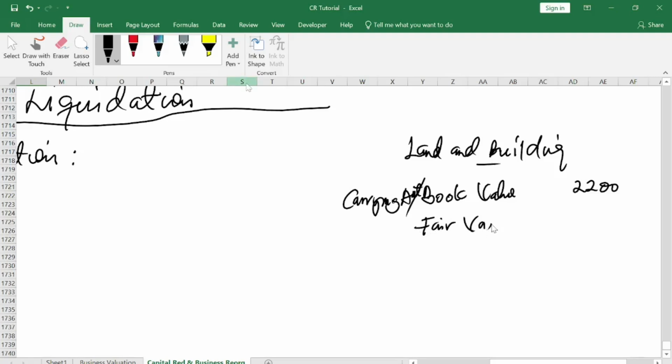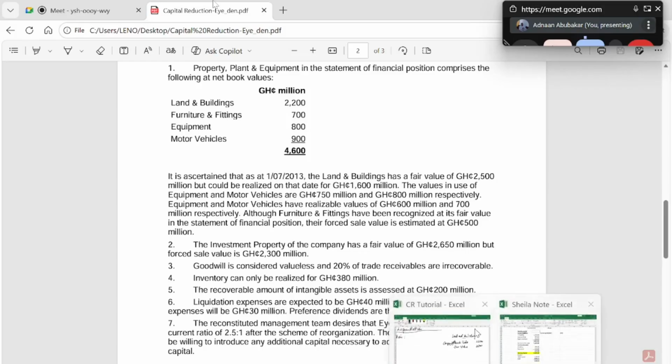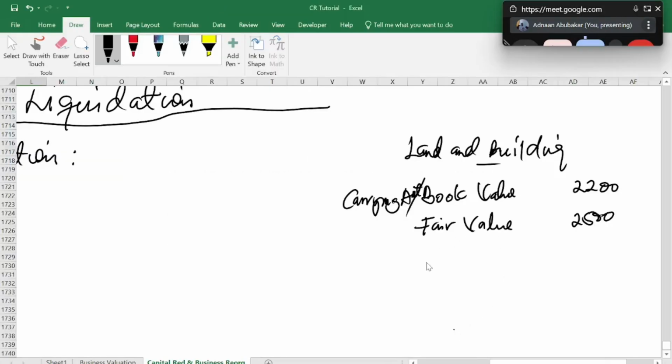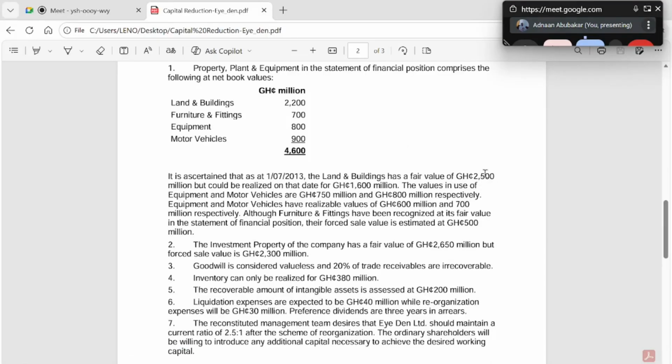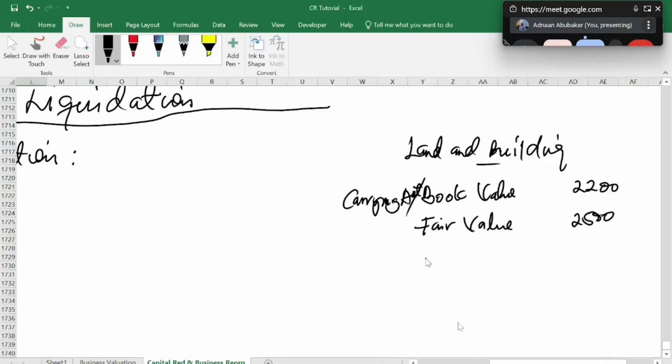The asset is fairly valued at what? 2.5. But they said that even upon this, we can actually sell the asset. You understand? That's what they said. It can be realized. At the date it is how much? 1,600, so that is possibly you can say fair value of 2,000, and it can be realized. It means it can be sold